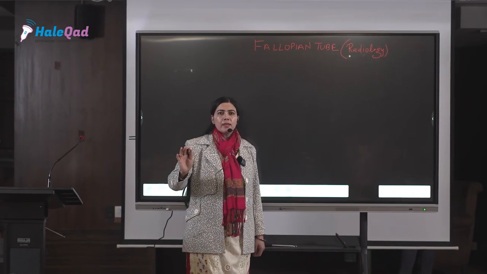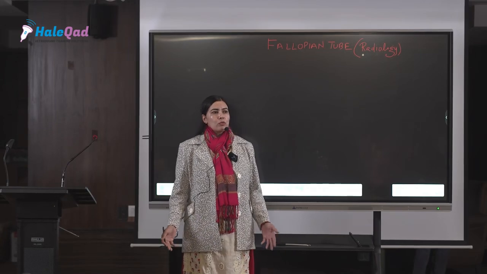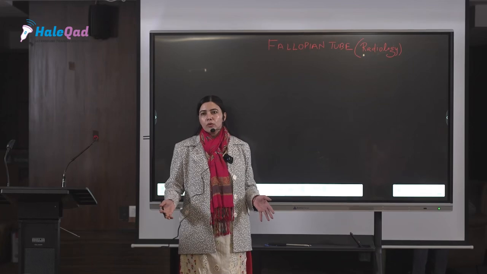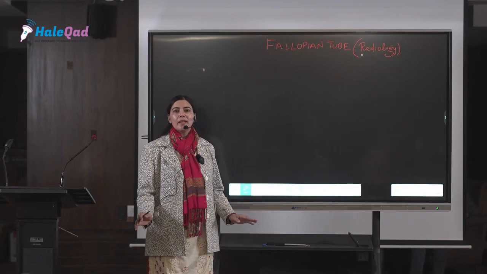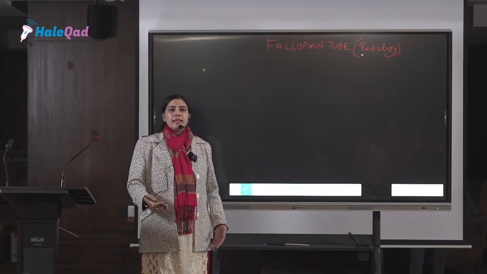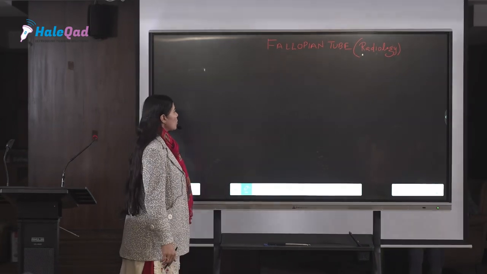So basically, whenever we are starting and whenever we want to study any pathology, it's always better to do some small exercises with anatomy and normal physiology, how they look normal. Normally, how the fallopian tubes look, what are the normal dimensions, because if you know the normal things, then very easily you can make out the pathologies and abnormal things. So that is the first thing that you should know.